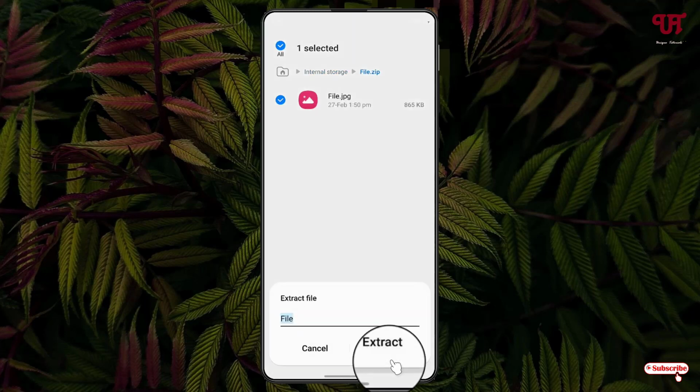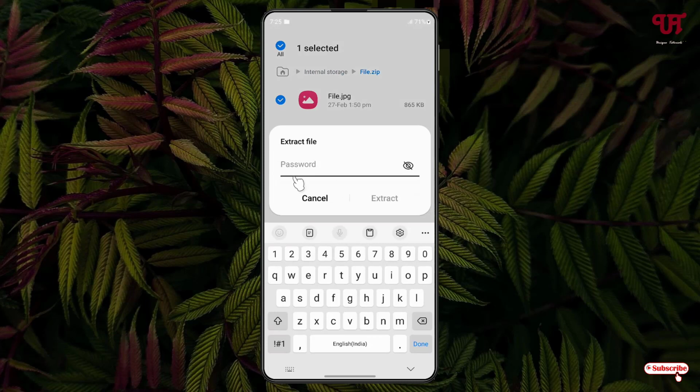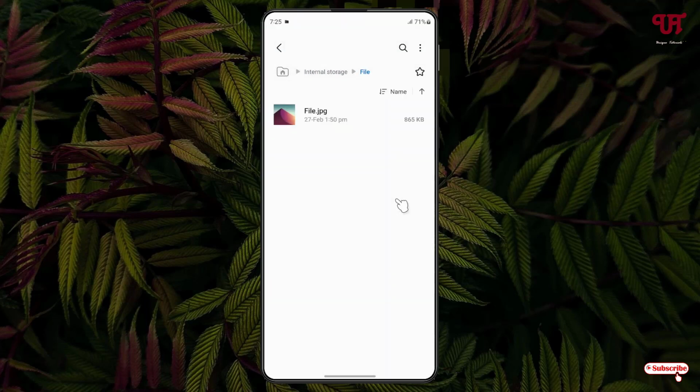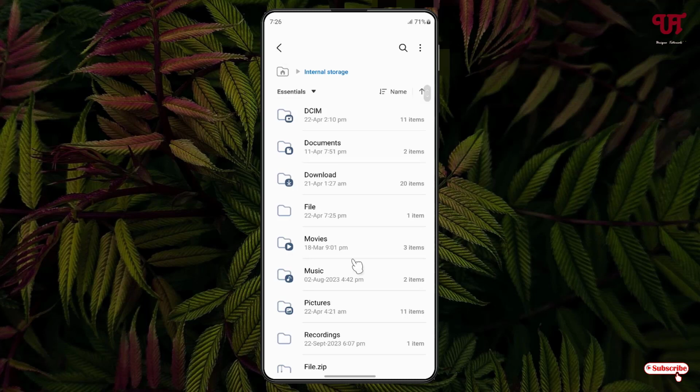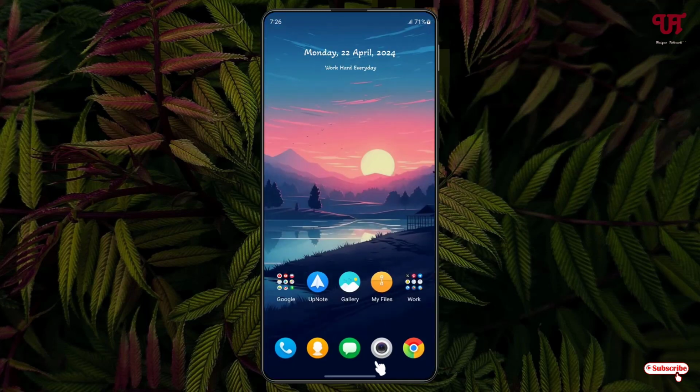And now let us try to open this .zip file. Let's click on Extract. Now you can see it's asking for a password. In order to extract or open this file, you need to put the password. Now we have finally extracted it. Now we can open the file. So by using this method, you can easily password protect any file without using a third-party app in Samsung smartphones running